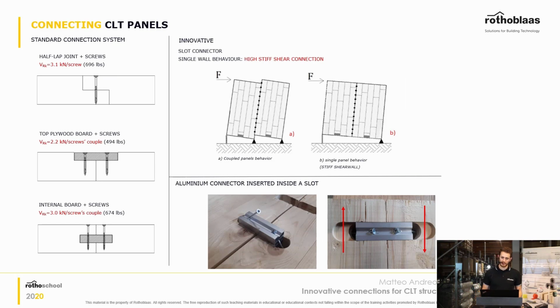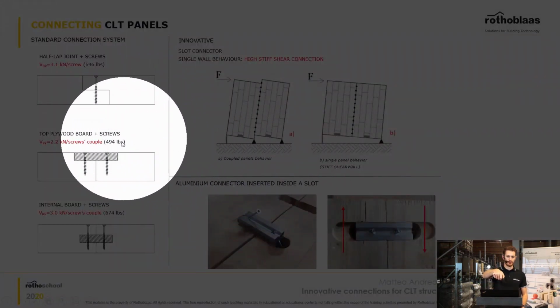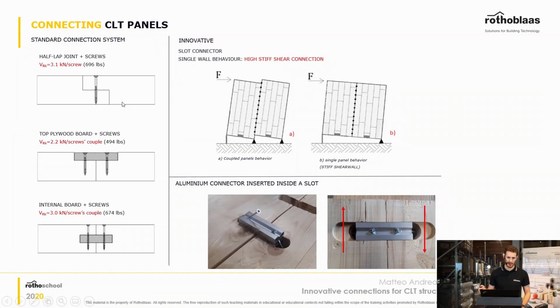So what this product actually does is connect one panel to the other, so that instead of having a lot of connectors, you need just a few of these slot connectors, which of course have a higher shear resistance. You can see here some of the most common connections that you have for CLT